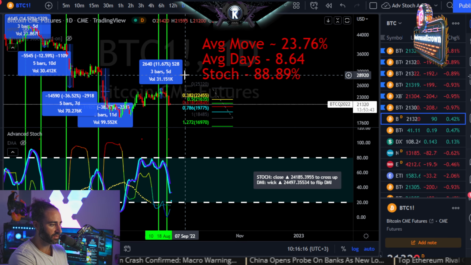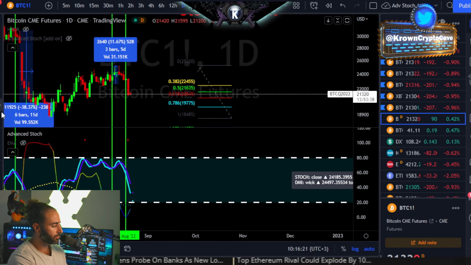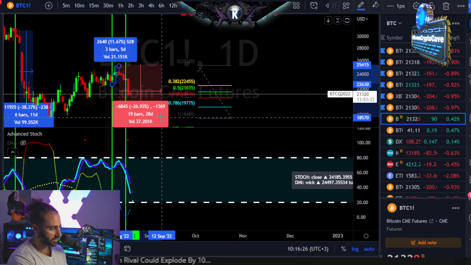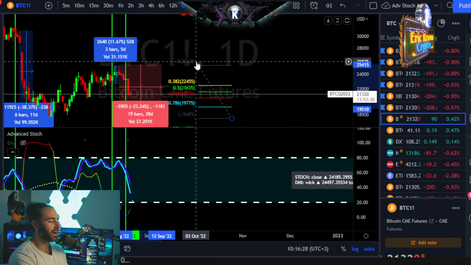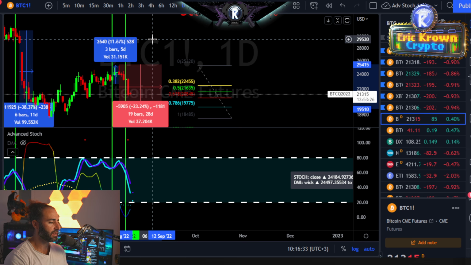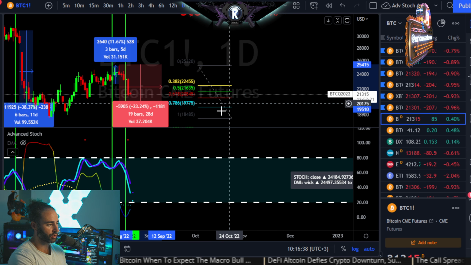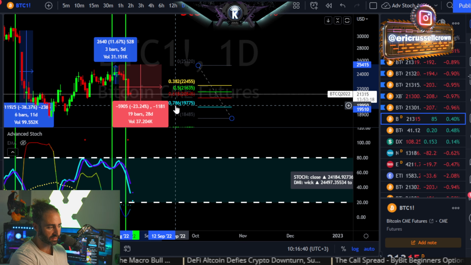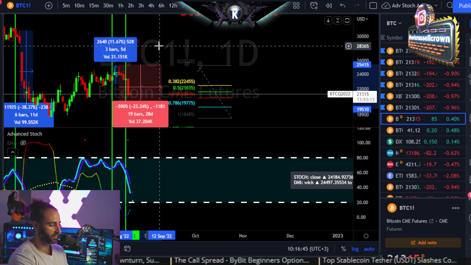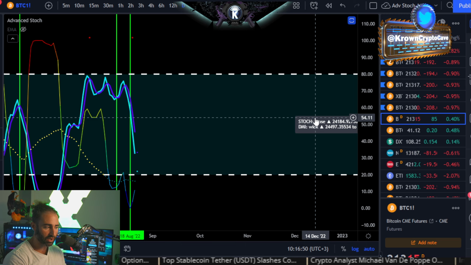Anyways, if we were to take this average move, remember that it is an average; there's some variance in there, some will be higher, some lower. If we were to take the average move from our current high, that would imply a move somewhere just below 20,000 bucks, basically between 19 to 20,000. If you want to be super exact on the actual average, that would be about 19,500 or so, which is basically around the 786 Fibonacci retracement, and I do like the confluence for a move like that. If we are going to see this one continue, as long as this condition is active, I look at that as relevant and valid.